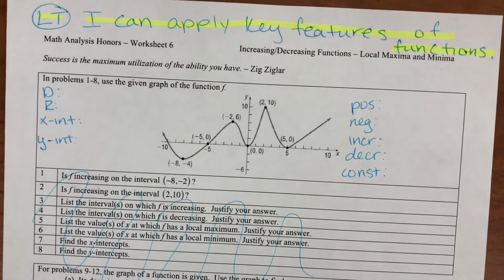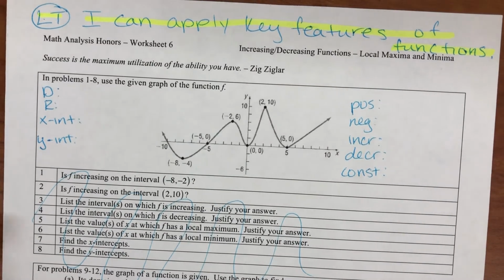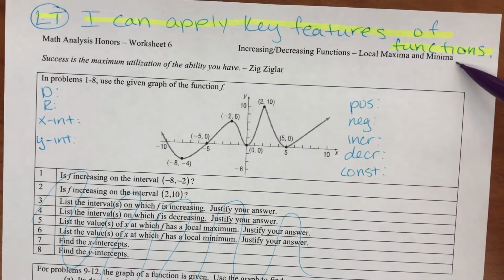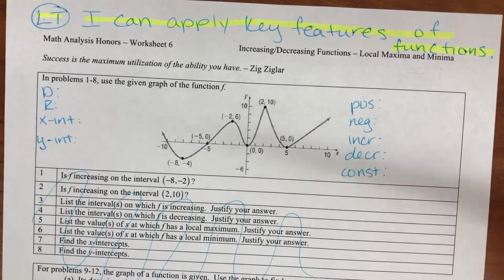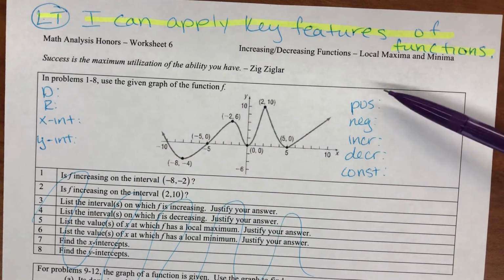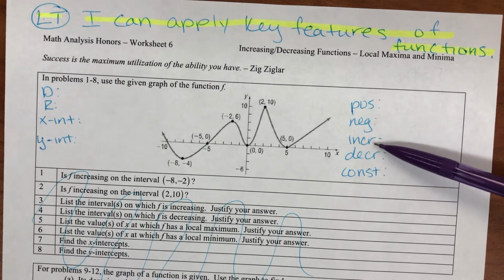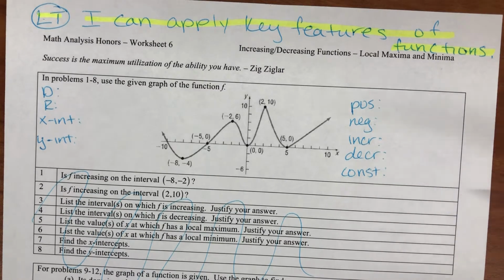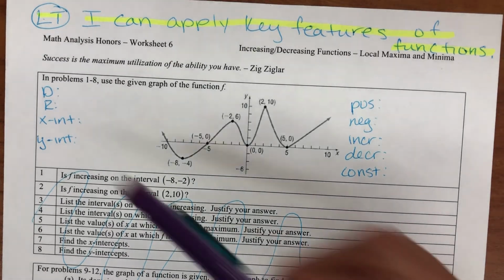All right, so today we are just going to do a review of what we've learned so far for the learning target: I can apply key features of functions. So we've talked about domain, range, x-intercept, y-intercept, positive and negative intervals, increasing and decreasing, and constant intervals. So just putting it all together, we're looking at a graph and we're going to apply all these key features